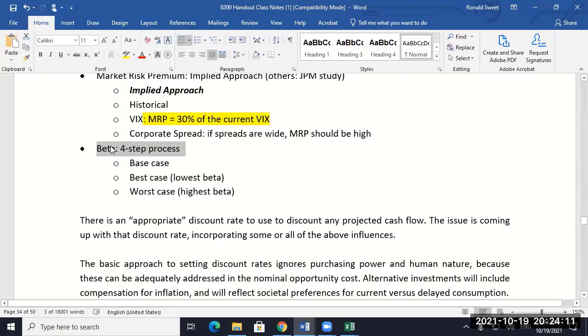He said he hated beta. And the reason he hated beta, he put up a chart of Merck's beta over time and showed it going like this. And he says, there's no way Merck's business is changing like that. That they're the defensive company, now they're a cyclical company, now they're defensive. There's something wrong with beta. So once I saw that, I stopped doing what all your other classes show you how to do, which is the regression beta. And I've changed to this 4-step process.